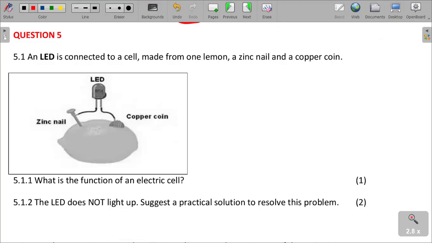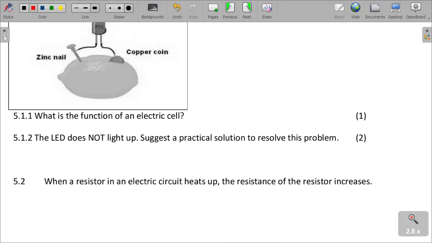So we are given an LED connected to a cell made from one lemon, a zinc nail, a copper nail, and a copper coin. That is what is given in this question. And then the question is saying,